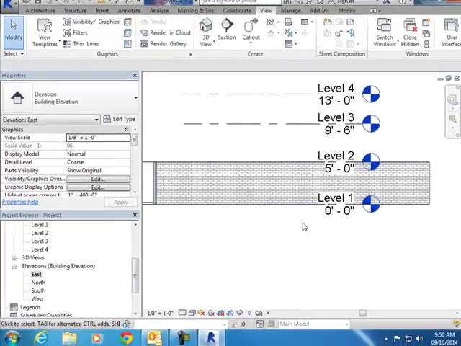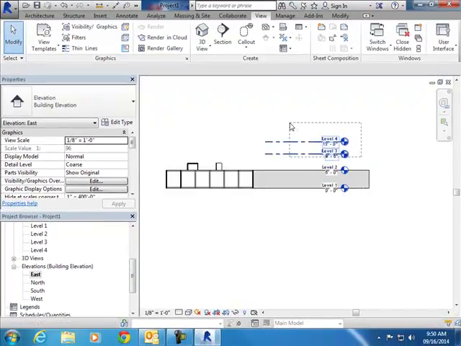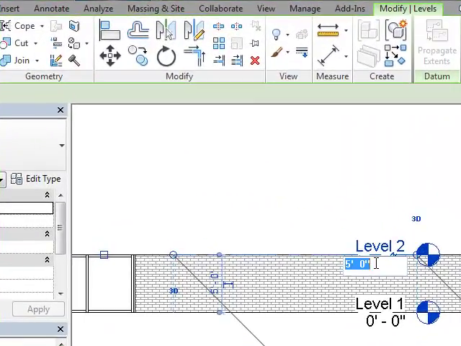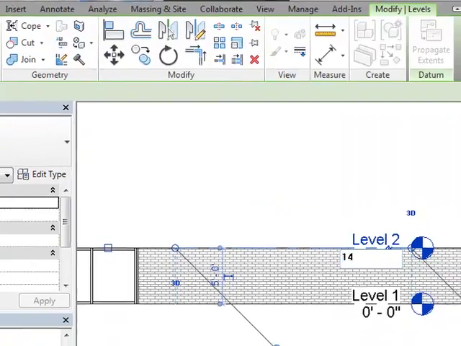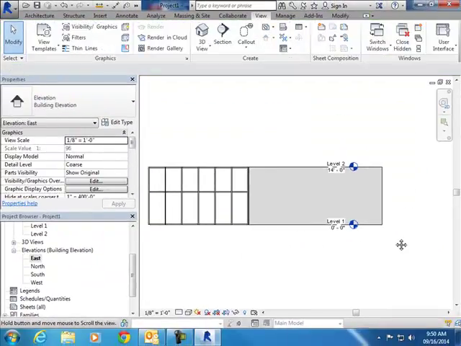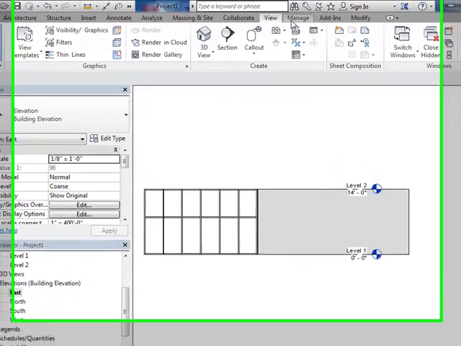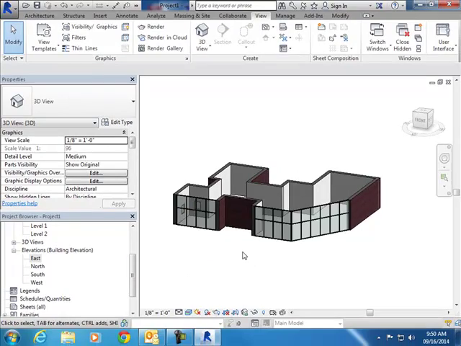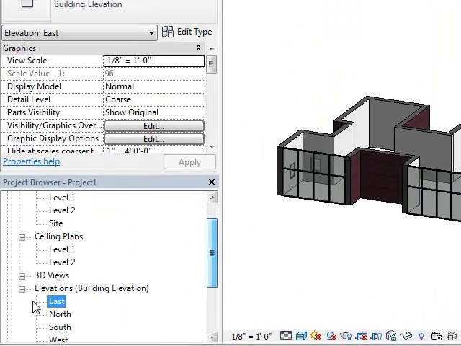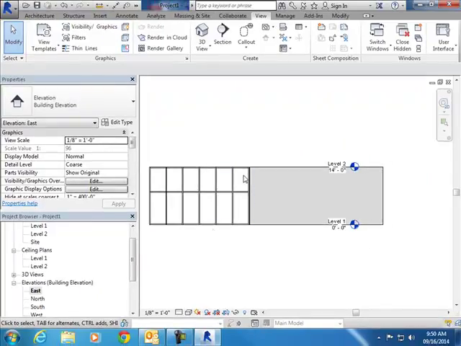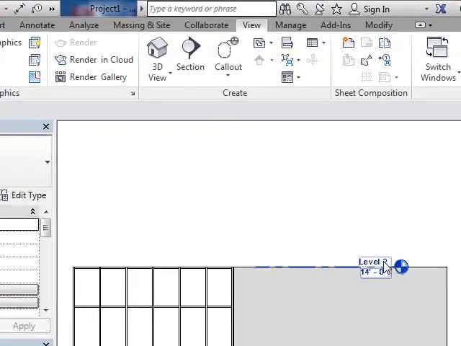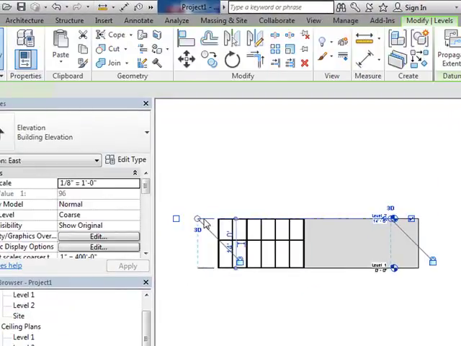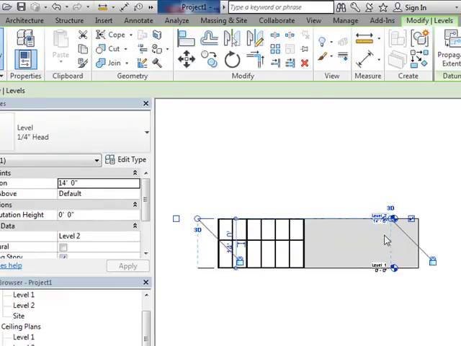I'm going to come over here to these. I'm going to delete those other levels, and I'm going to change level 2 to be 14, just so it looks a little bit better in my 3D view. Go back. Stretch these back out. I'm going to select level 2,